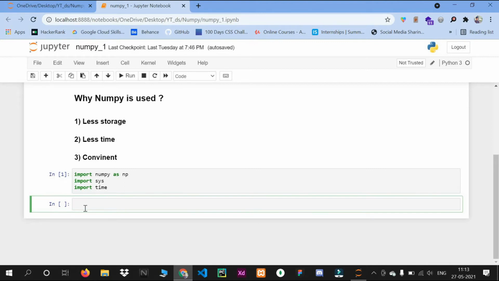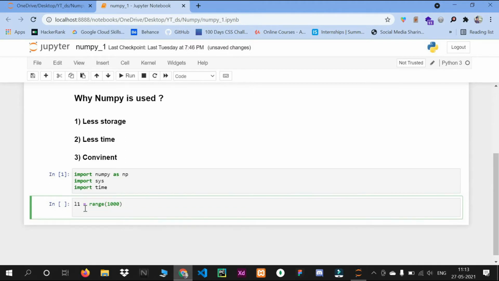First we create a simple Python list. I will take L1 and use the range function. Let's take a range of 1000, and one variable, op. I'm taking the sys.getsizeof method, say 3, integer 3, into the length of our list,